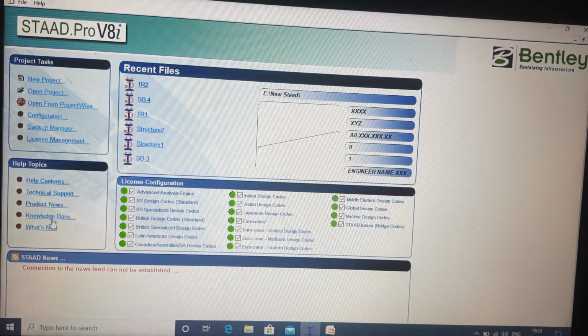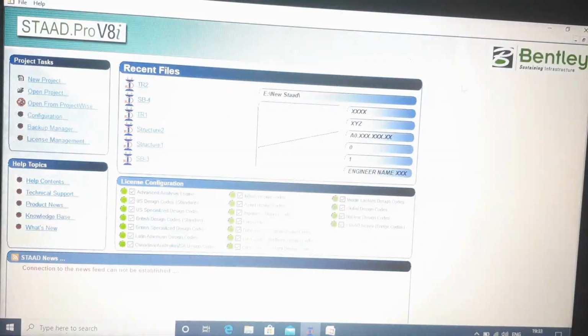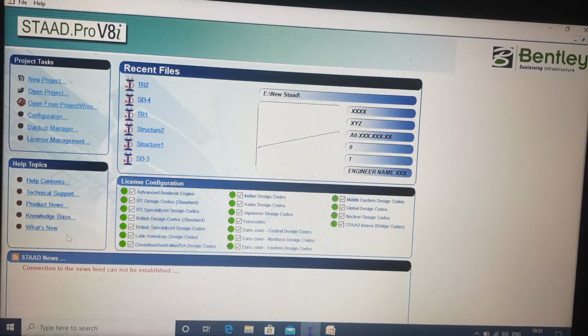Knowledge base is also linked to an online web application, from where you will be directed to the STAAD forum. You can raise your queries over there, you can ask anything, you can create blogs. So these things are helpful at an advanced level. News is a similar thing.